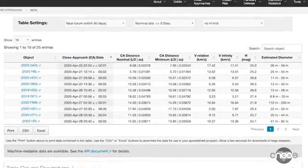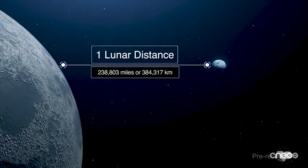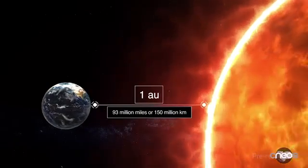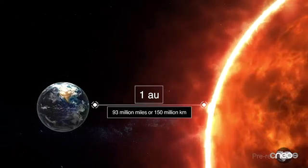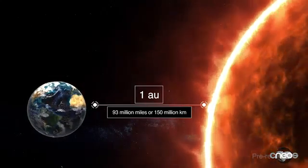It's worth noting that 99.9% of the objects listed here are asteroids, and a very small number of them are comets. The next two columns tell us how close each near-Earth object will get to us. Note that the close approaches are measured in lunar distances, or the average distance between the Earth and the Moon, which is about 239,000 miles, or 384,000 kilometers. We also use AU, which is the astronomical unit,